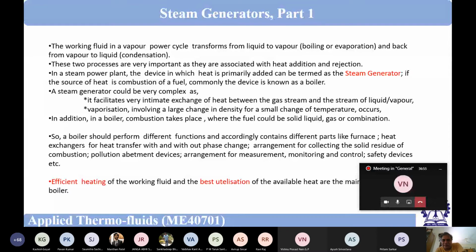And the boiler code has become some sort of legal thing. If you design a boiler, you have to design it like this. If you are a boiler attendant, boiler operator, or boiler engineer, you have to have this much knowledge, and this exam you have to pass, this certificate you have to get. So boiler code has come. So safety is so important.